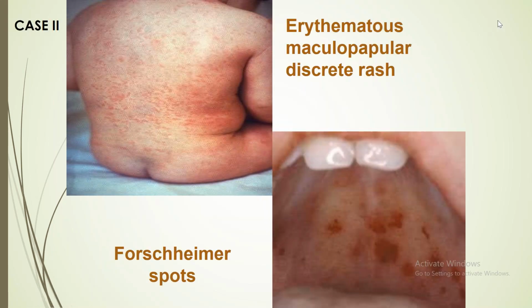Now coming to the next slide, this is the next virus that you have to identify. This is a 2-year-old girl who presents with fever for 4 to 5 days, and then there is onset of macular rashes on the back. The mother also noticed some reddish spots on the palate when the child opens her mouth while crying. The mother comes to you and she's very worried. So what kind of disease do you think it is?